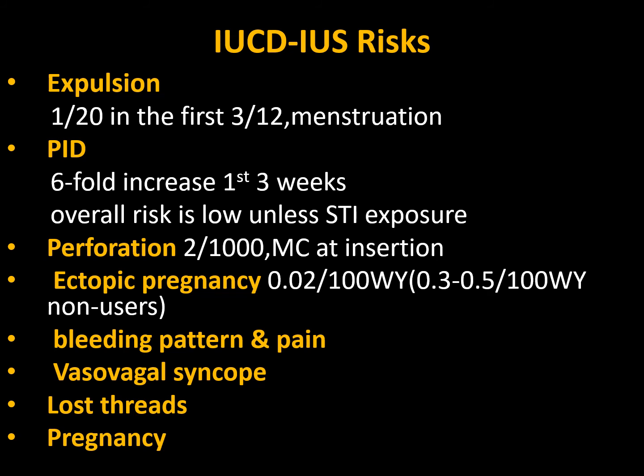Ectopic pregnancy, the chances are really low. The risk of pregnancy is reduced by the use of IUCD, but if pregnancy occurs, then you have to rule out ectopic pregnancy. So overall, ectopic pregnancy does not increase with IUCDs, but if pregnancy occurs, you have to rule out ectopic pregnancy. There could be change in the bleeding pattern and dysmenorrhea. Cycles may become heavier with dysmenorrhea, menstrual cramps.